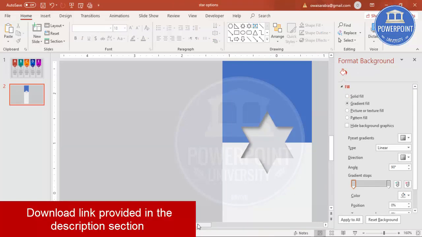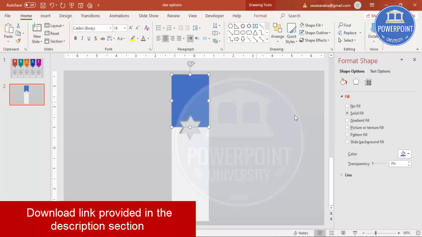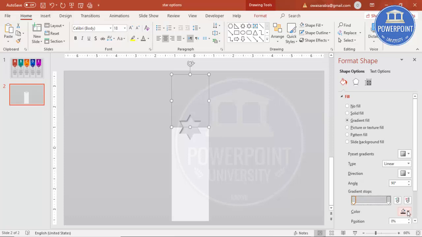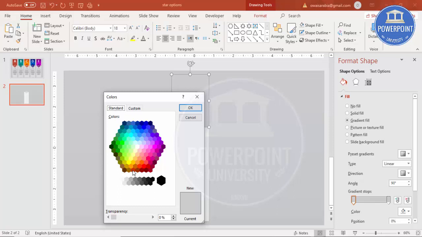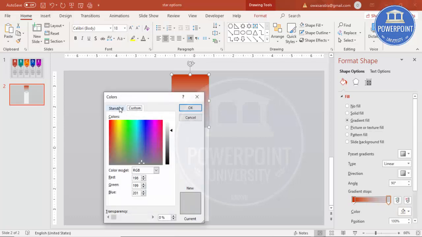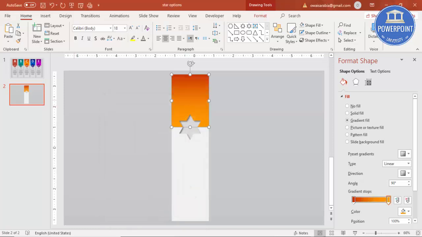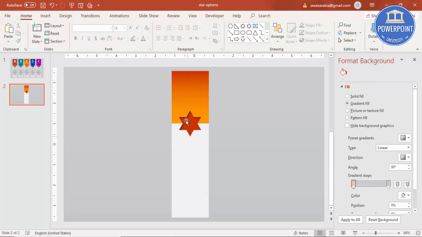It's okay. Then I'm just going to select this blue and I'll give a gradient fill. To give a gradient fill, I'll select the first top and I will select, for example, maybe this color, which is this one, and the other color I'm going to select maybe this one, the orange, and click OK. And the star color, I'm going to select the first color which I have used, which is this one, and this color same,